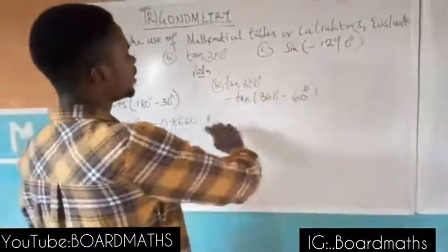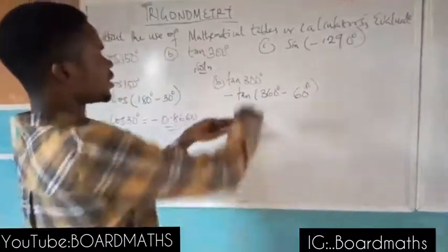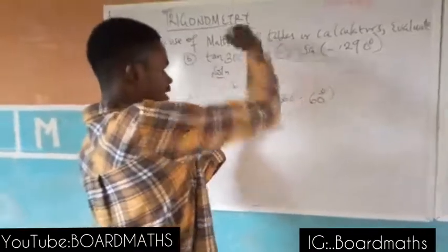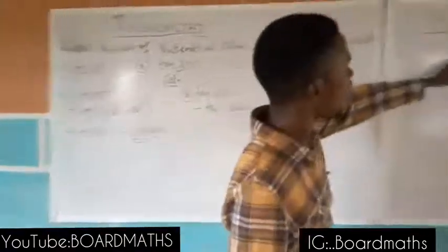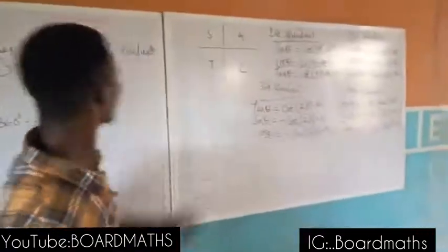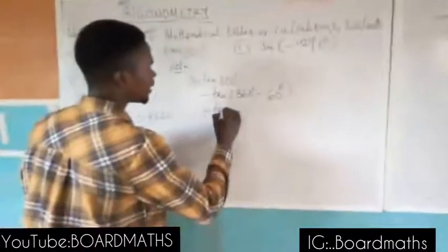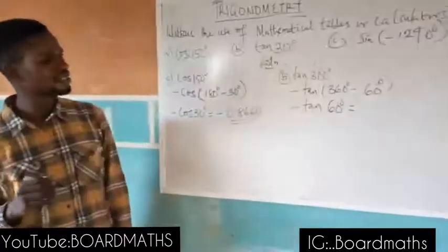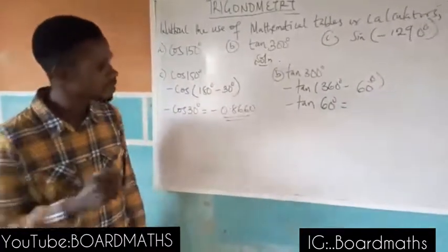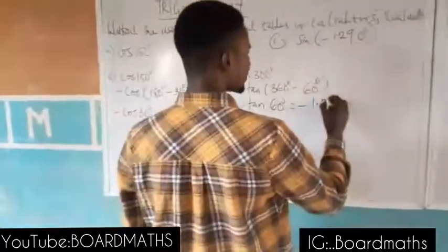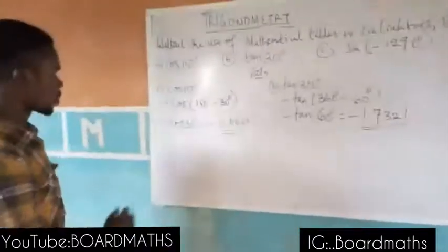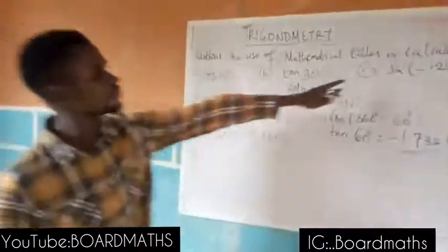So you've already related to 360 degrees, but the tan will remain the same. But it is negative because we have the fourth quadrant. So we have minus tan 60 degrees. So our minus tan 60 degrees is minus root 3, which is minus 1.7321. So number C, we have sine